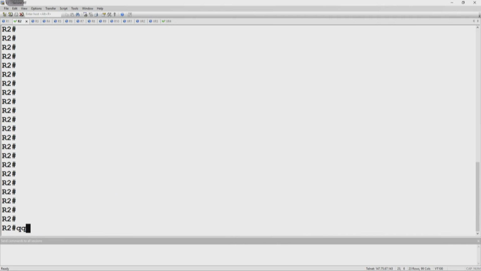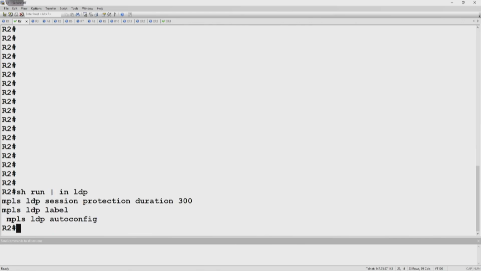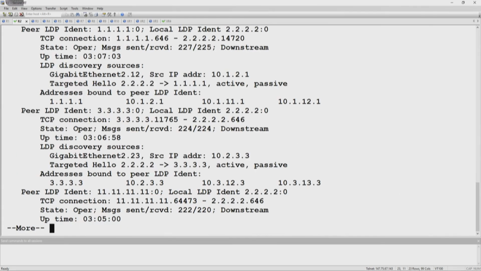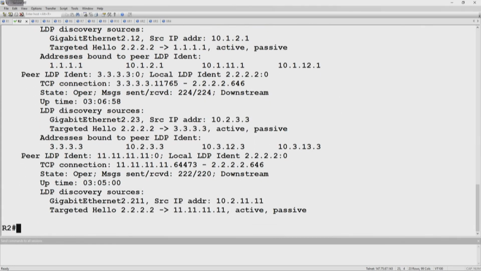Let's look at the show run, pipe include LDP. In the case of regular IOS, it's just on by default. When we look at the show MPLS LDP neighbors, once the neighbors are formed, and then if we look at the show MPLS LDP neighbor detail,